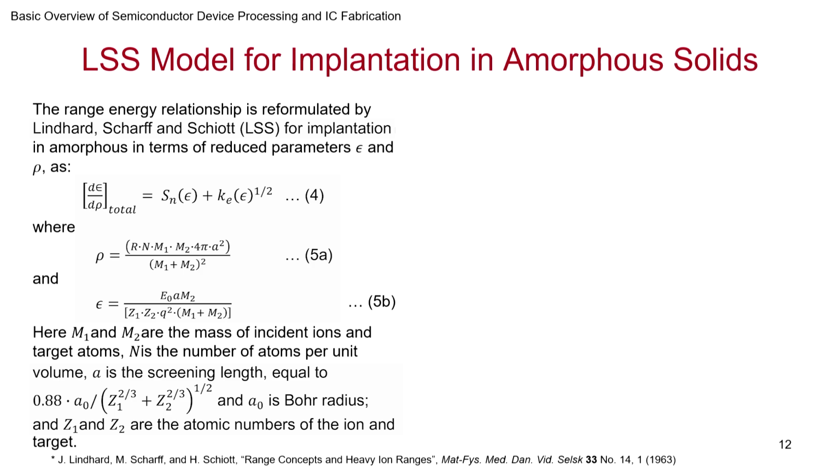This is the area of influence, the screening distance that you have, and this is the range that you are expecting from the ions that are implanted and what dose you are putting in. And this is the energy loss, which also is dependent on those parameters and also on the atomic number of the particles. So, M1 with the subscript 1 stands for incident ions and subscript 2 stands for target atoms.